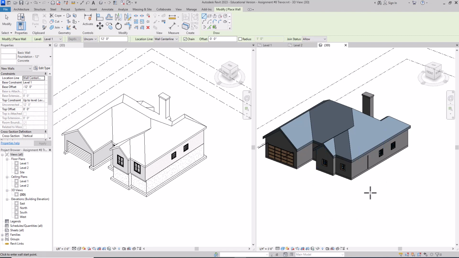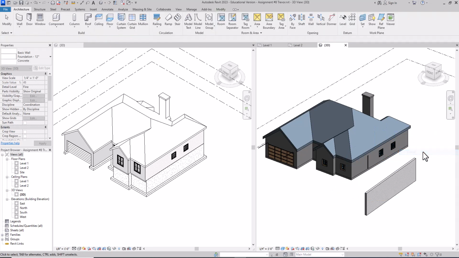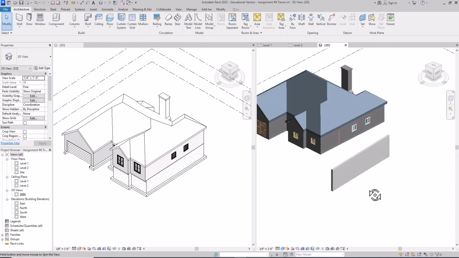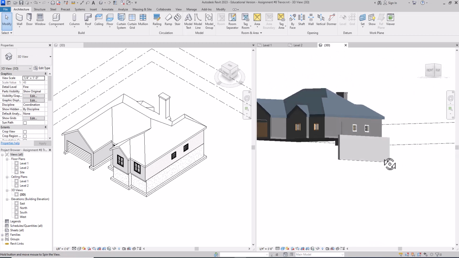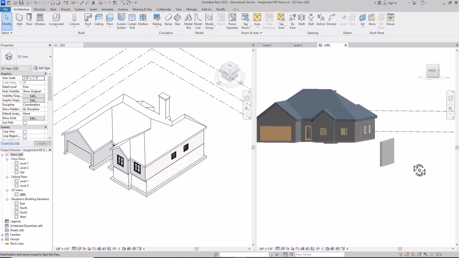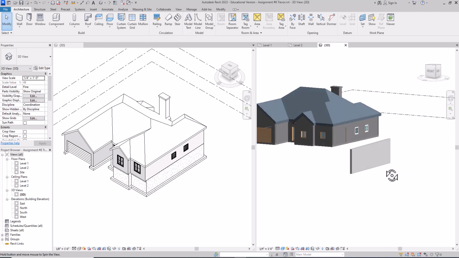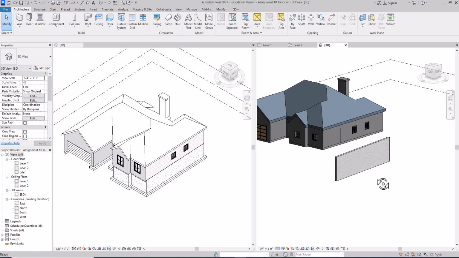So when I click out in space and draw this, you see what it's doing? It's creating a wall that goes down from that level. So we want to tell it where to go, like where the top is and where the bottom is, and the height of it. In order to establish where the basement is, it's a good idea to go over